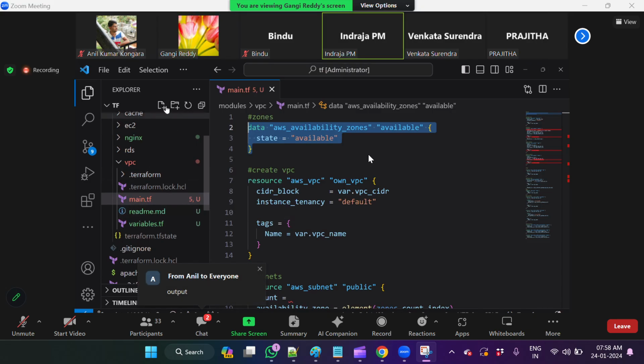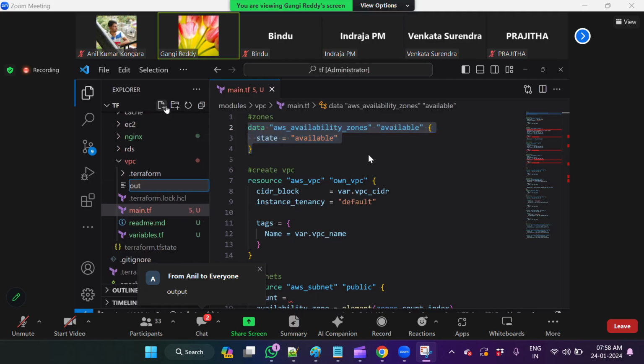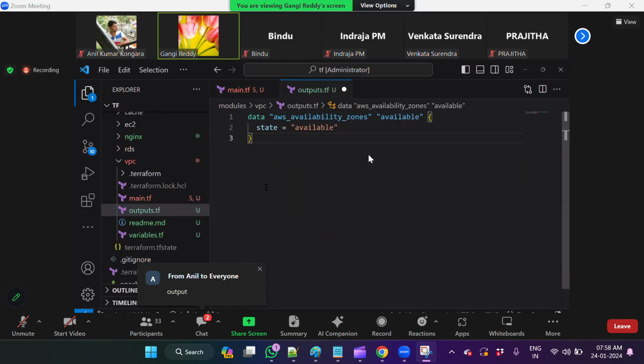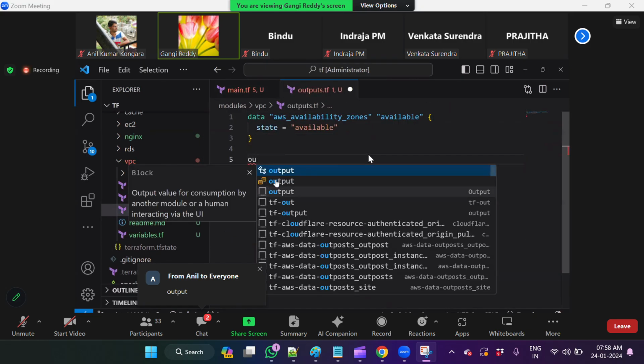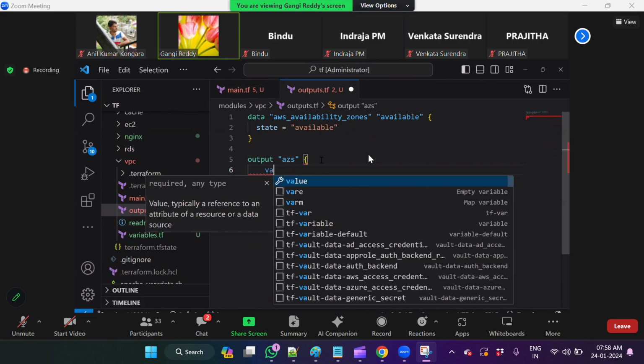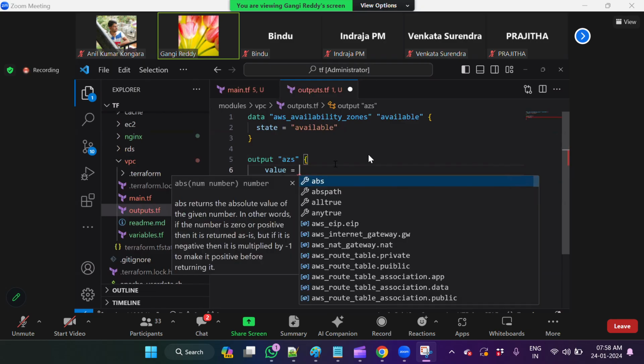Outputs.tf. Yeah, exactly. Let me keep it here for now. Just, the block is called which block? Output block. Let's say AZs. Now I want to print it here. So you can say that value, and then I want to print this name